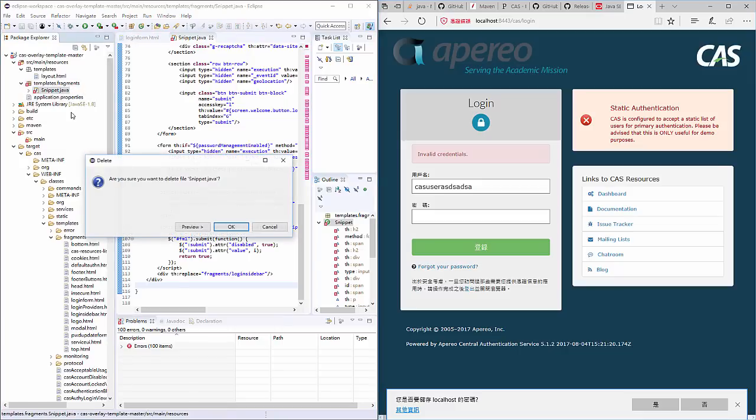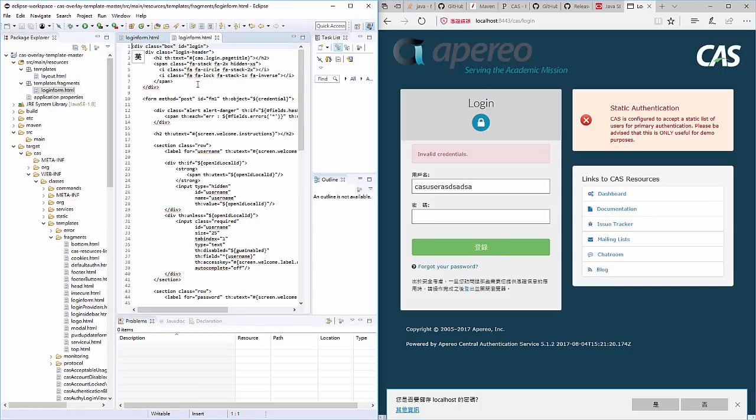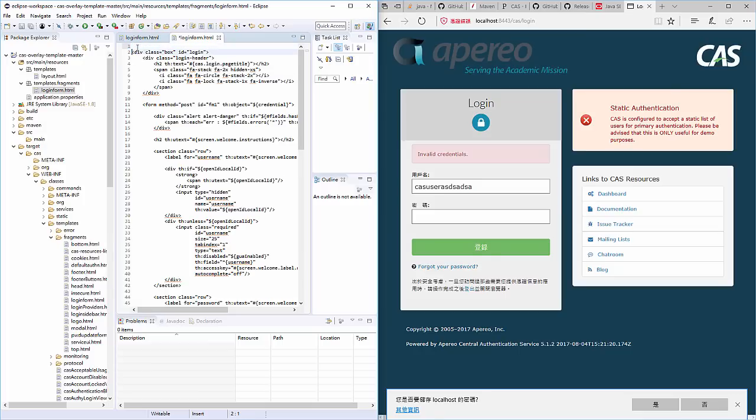I don't want that. I want you to put the login form inside the fragment, and then inside the login form put an h1, and h1 just random. Okay, pretty good, huh?